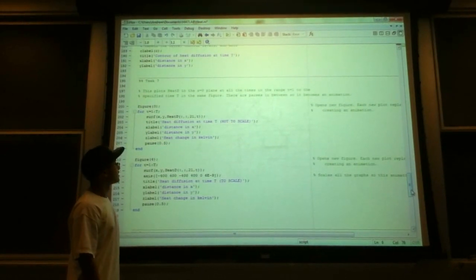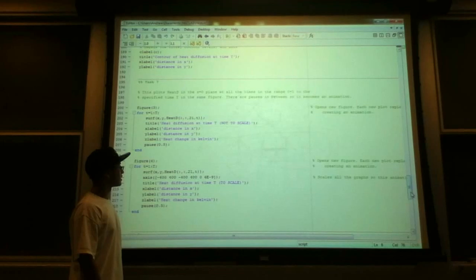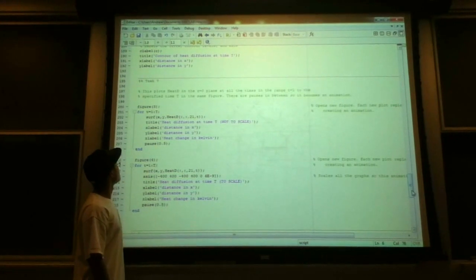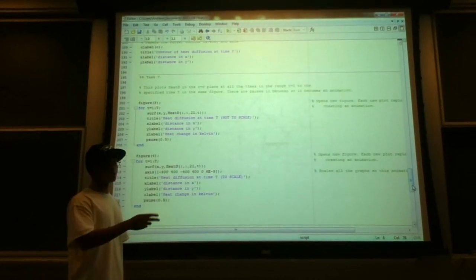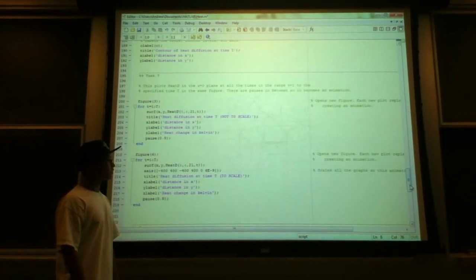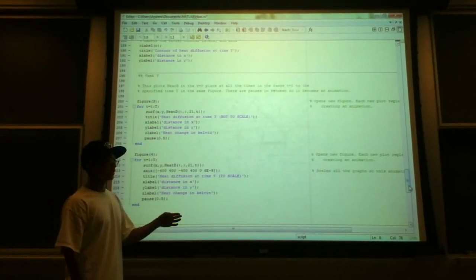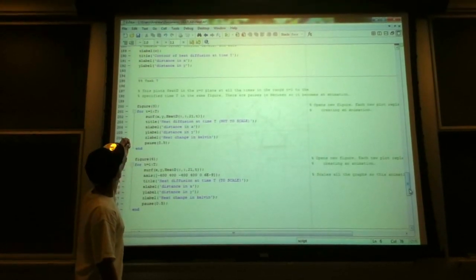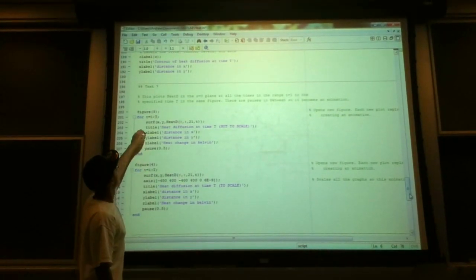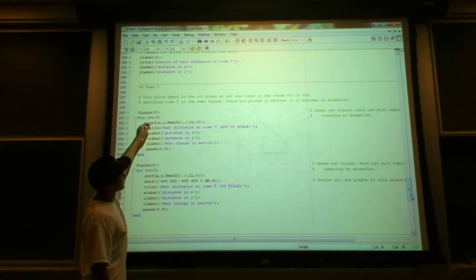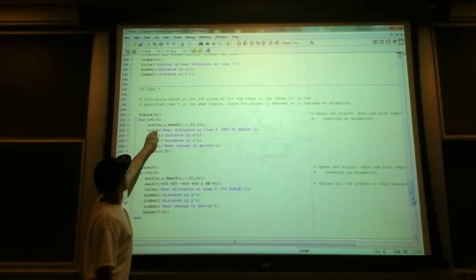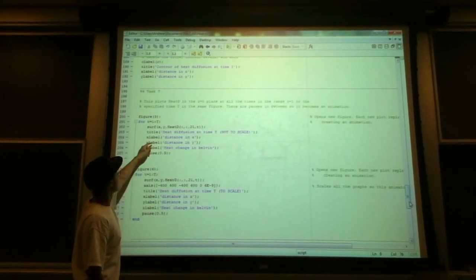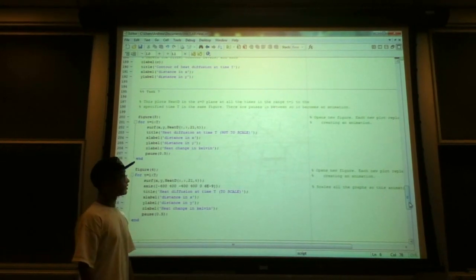And for task 7, this task asked us to make a movie showing the diffusion of heat. To do this, we use a for loop to go through each individual time, depending on what time the user set, so that it would show the evolution of heat for each second progressively. It's just like task 5, except it's inside a for loop. So it's from 1 to t, with t being the user input, and then the surf function with x, y, and the heat D input to create the surface, and then title, x label, y label, and z label to label the graph,